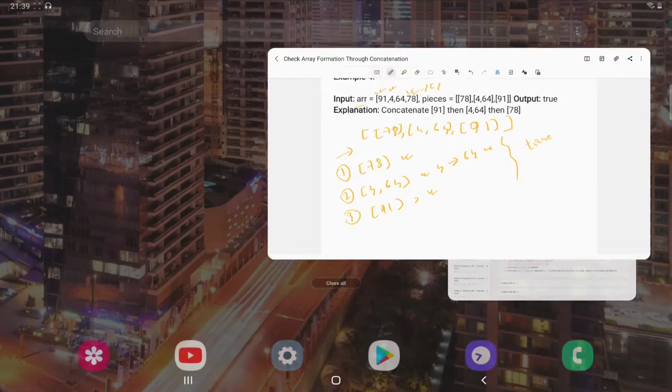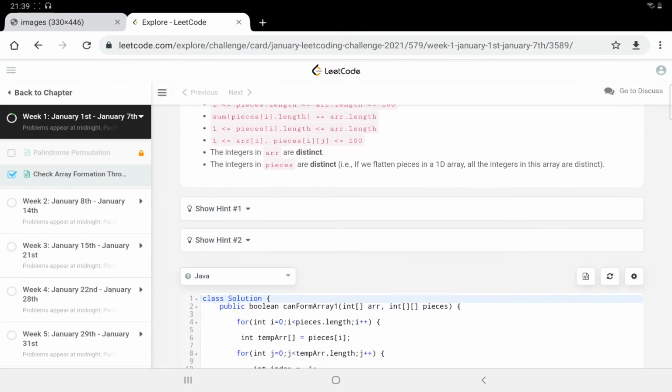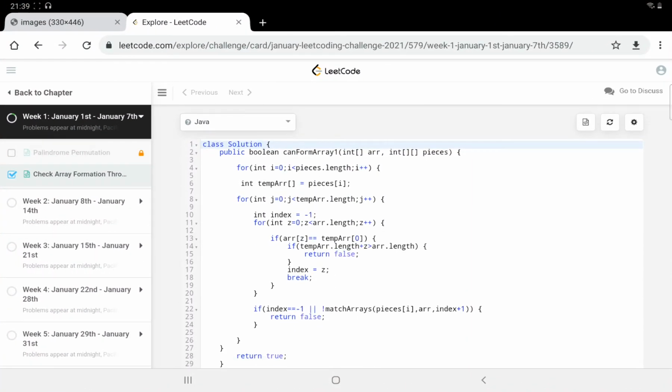So I have already written the code for the same. Let's quickly see it, then we will see the other approach also. So here you can see, this is the code where at first I pick one piece at a time. It was like this, right? 78, then 4, 64, and the last one was 91. So we picked 78 first,